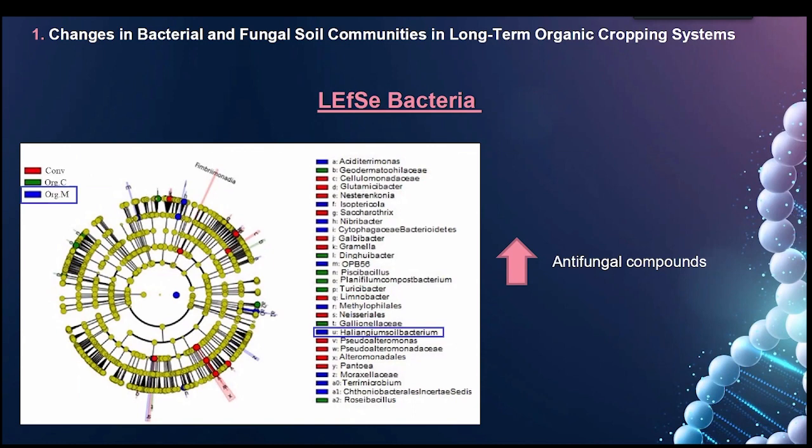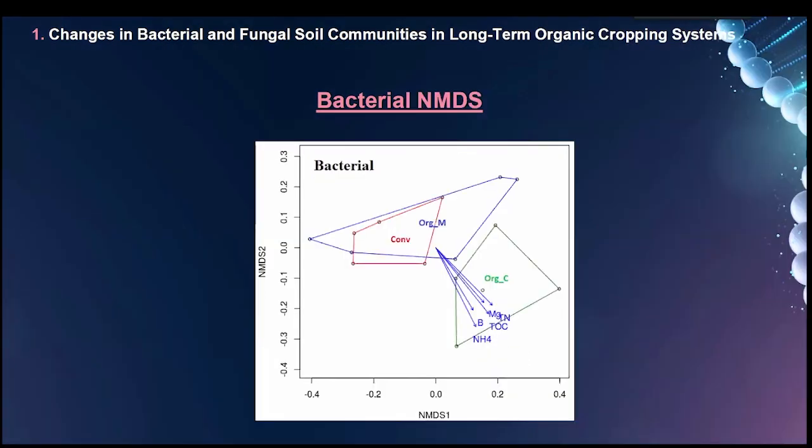And in the last cropping system, we found Archangium. Archangium is a bacteria which can produce antifungal compounds. So in agronomy it is very interesting because maybe it can control other pests. We also tried to discover the influence of the soil properties on our bacterial community, and we found how the compost and the soil properties in the compost cropping system highly affect the bacterial community compared with the other cropping systems.